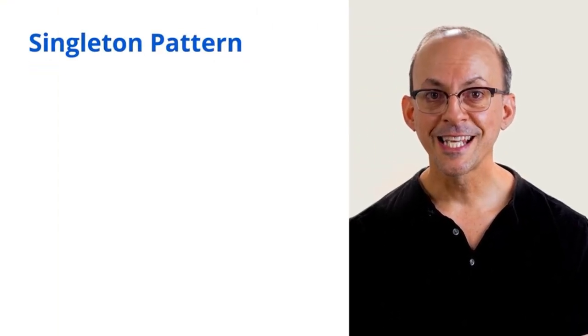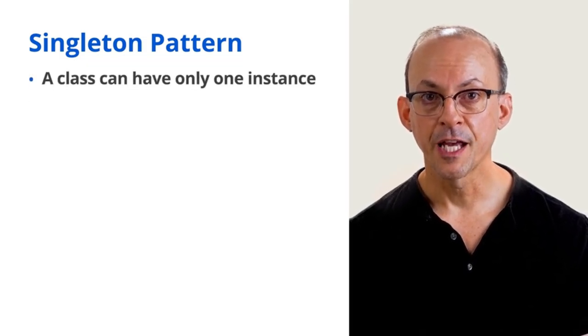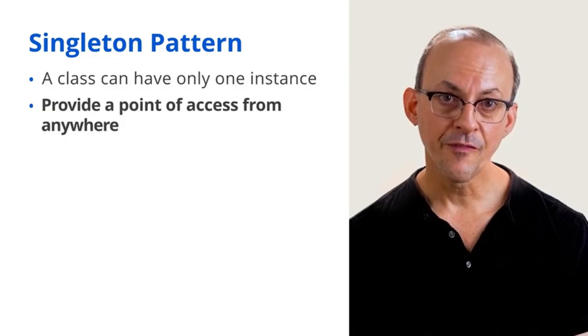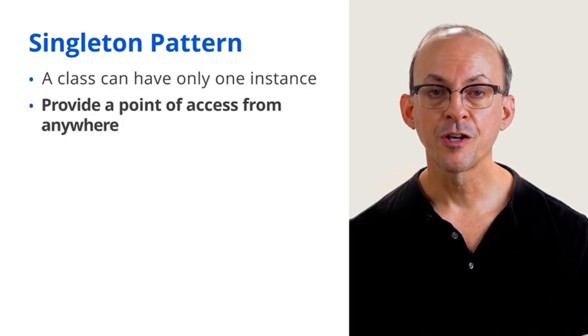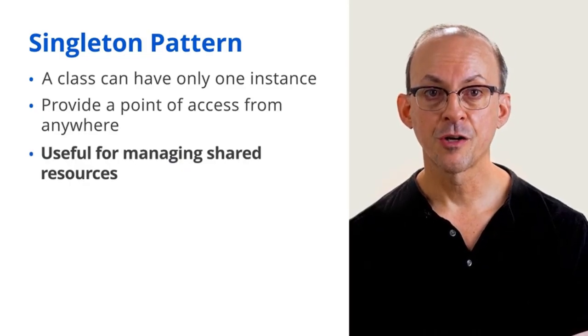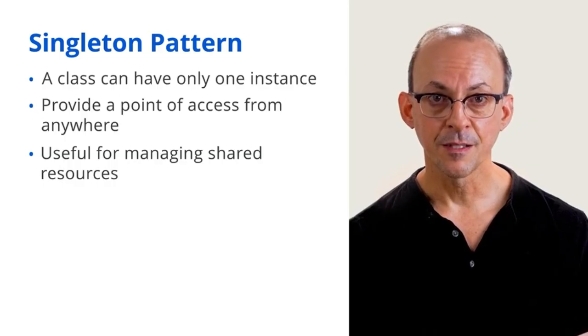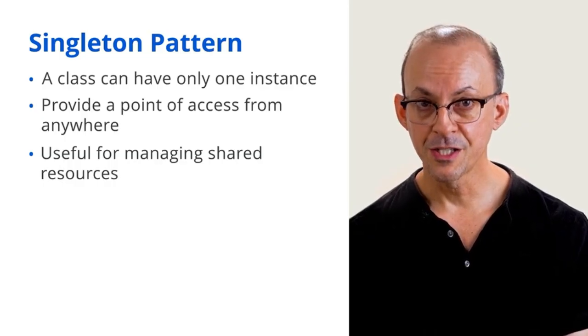First, let's discuss the singleton pattern, which ensures that a class has only one instance throughout your application and provides a single point of access to that instance from anywhere in your code. Developers use the singleton pattern to manage shared resources. For example, a database class can implement the singleton pattern to ensure there is only one connection to the database